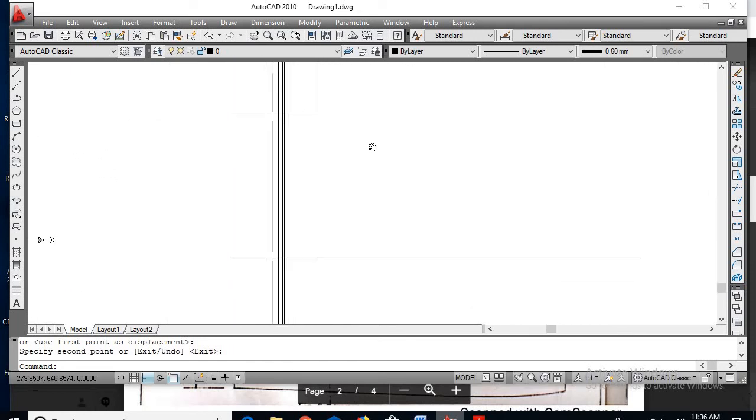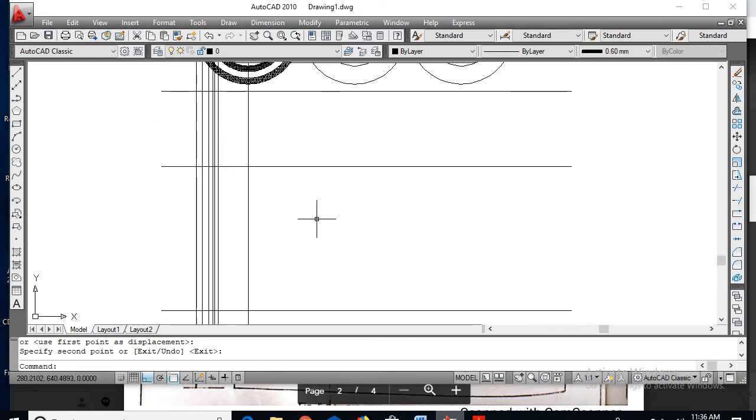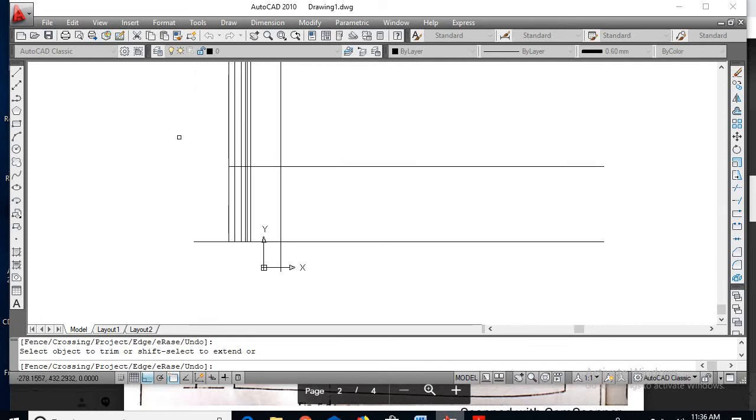Now there is the thickness of the HV winding. So remove the unwanted portions. Go for the trim command, right click, there are the unwanted portions, remove the end lines.